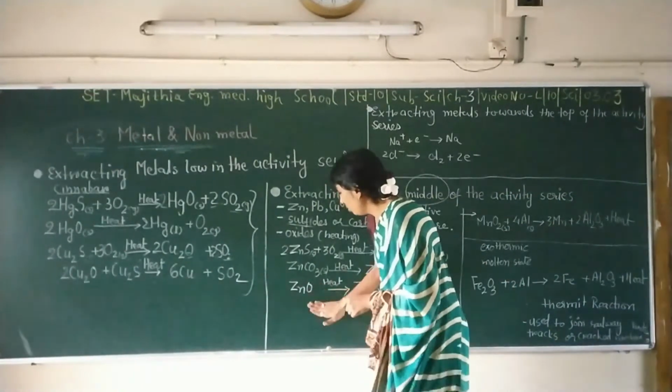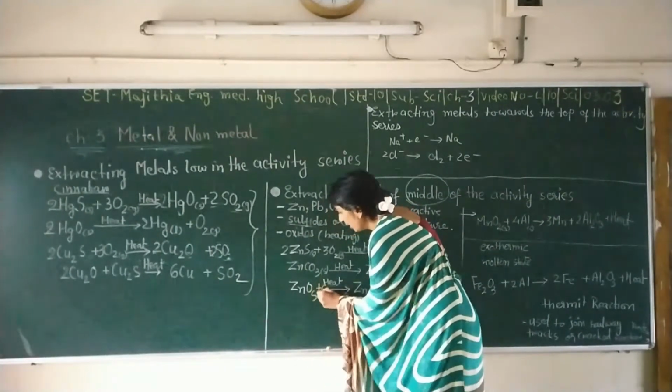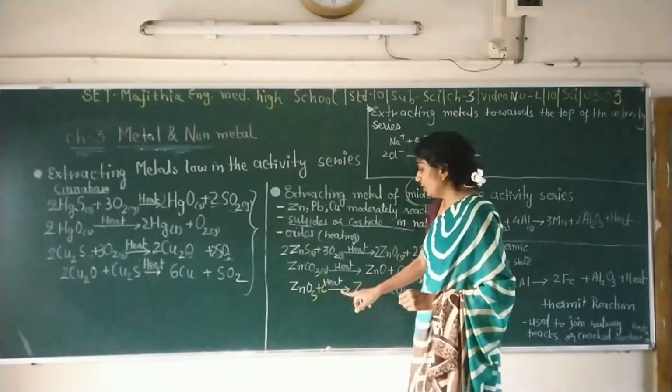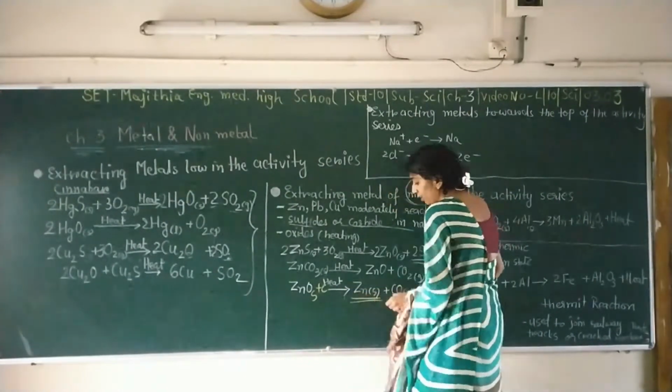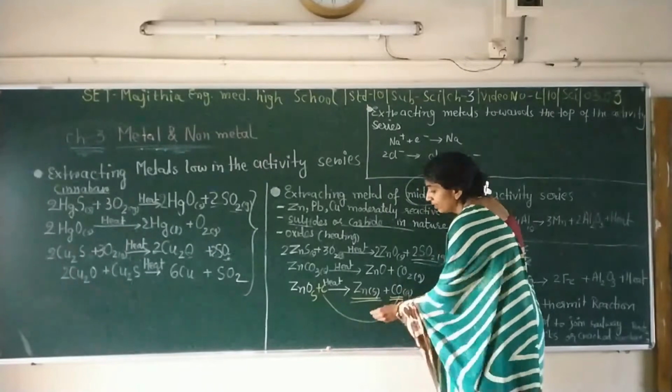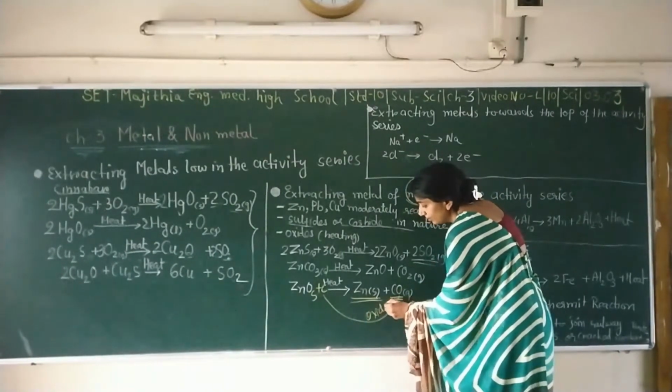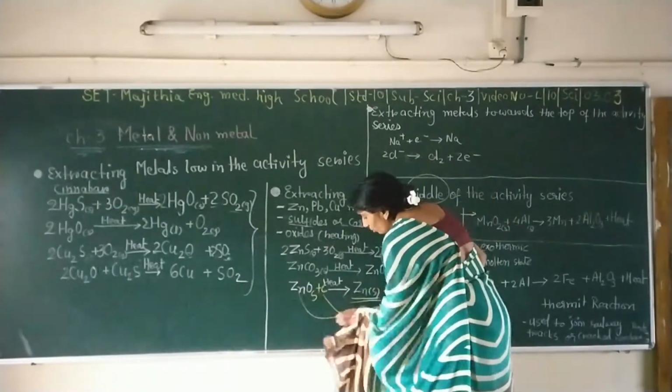This zinc oxide reacts with carbon, and we get carbon monoxide plus pure zinc metal. Here carbon is oxidizing and oxygen is